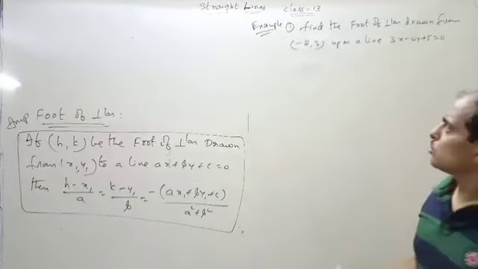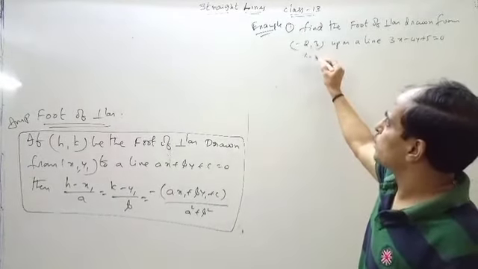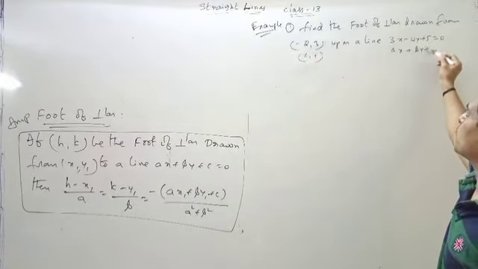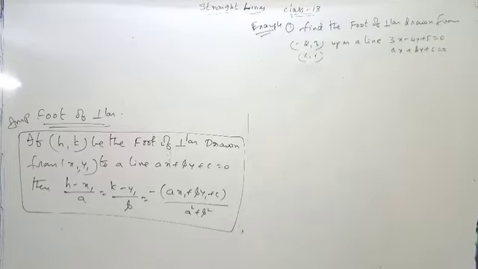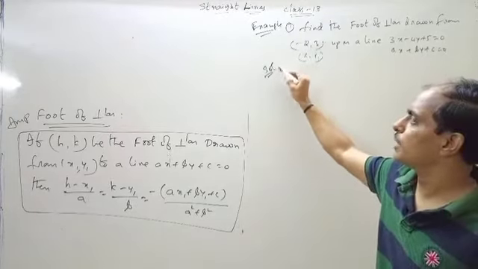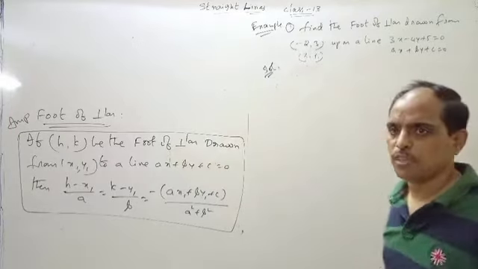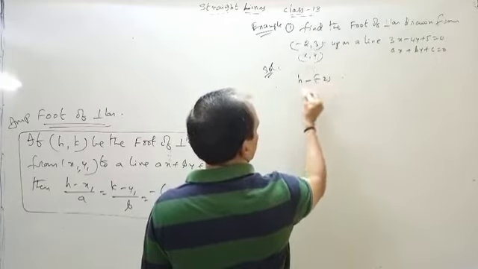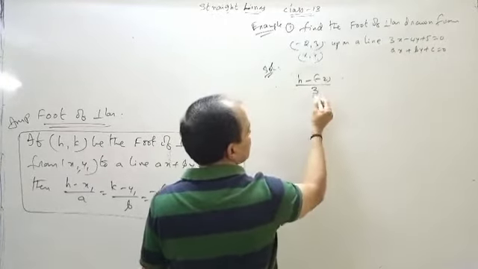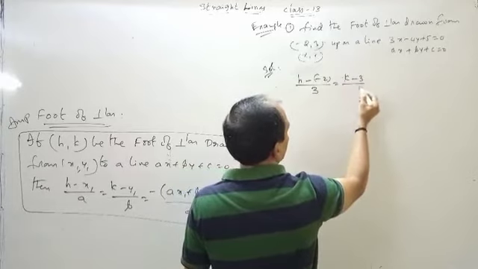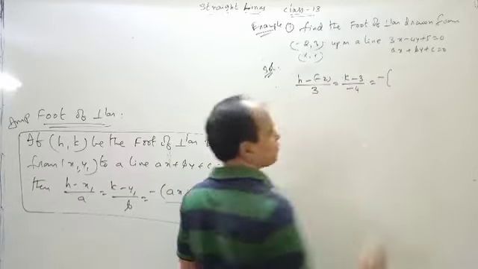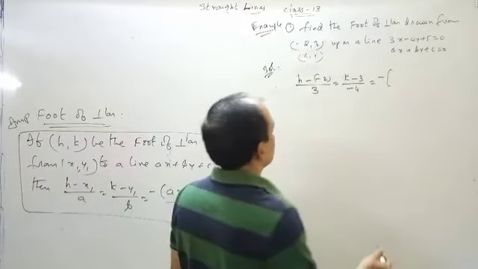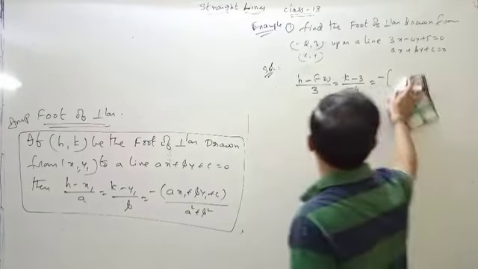Okay. So drawn from means this one is x1 comma y1, and this one is ax plus by plus c is equal to 0. What about the foot of perpendicular? Foot of perpendicular is always assumed as h comma k. So from this formula we can write h minus x1 by a, what is a here? 3. k minus y1 by b is equal to, okay, h minus x1. Let h comma k be the foot, I will write the solution also like that.